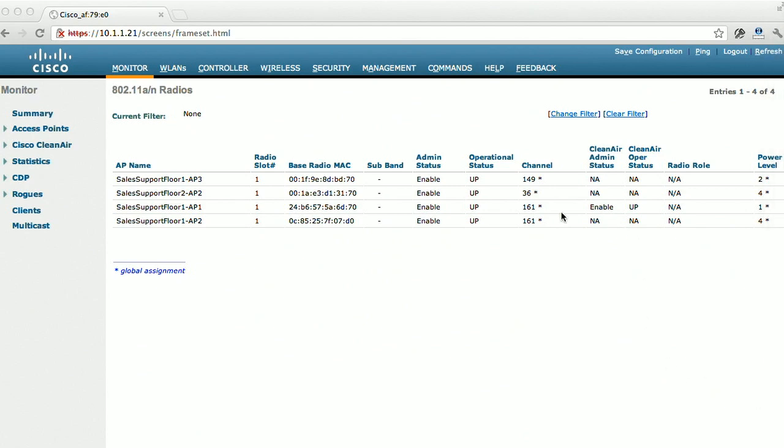Let's just leave that for right now because these are the base radio MAC addresses, and we would be, from the switch, looking at the Ethernet MAC addresses. So we'll come back to that. Okay, remember we were on the 5 gigahertz spectrum, so we can see what channel those are